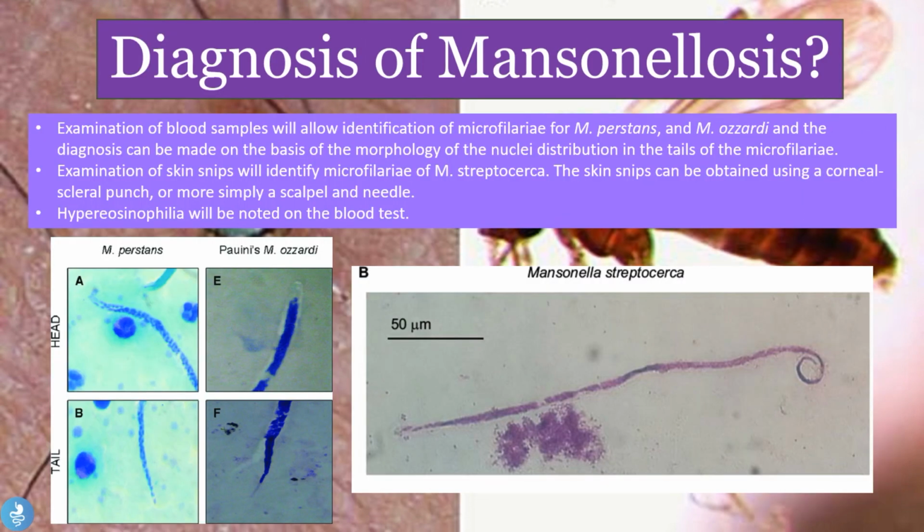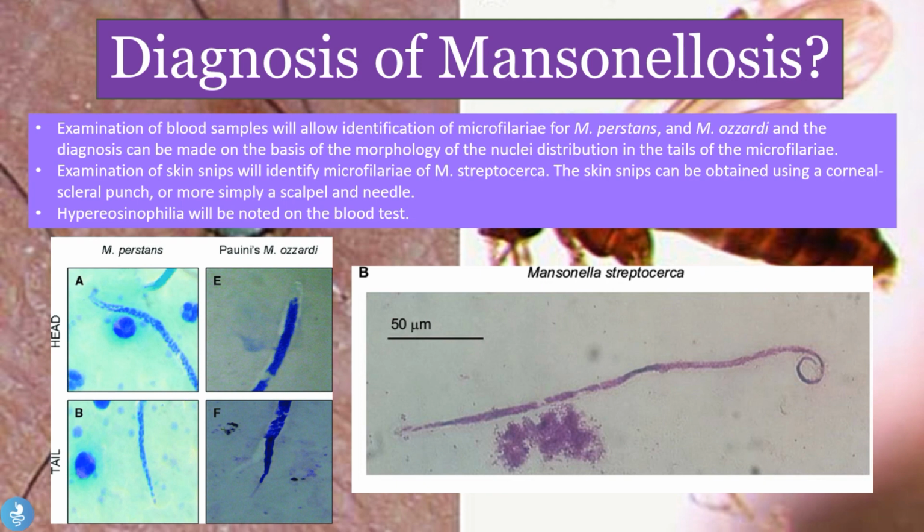So how can one go about diagnosing Mansonellosis? So examination of the blood samples will allow identification of the microfilaria for the Mansonella perstans and Mansonella ozzardi, and the diagnosis can be made on the basis of the morphology of the nuclei distribution in the tails of the microfilaria. So these are actually what the microscopic aspect of the M. perstans and M. ozzardi infections look like, and we'll take a closer look at the tail sections of these microfilaria. And we can see the nuclei distribution in these two areas,